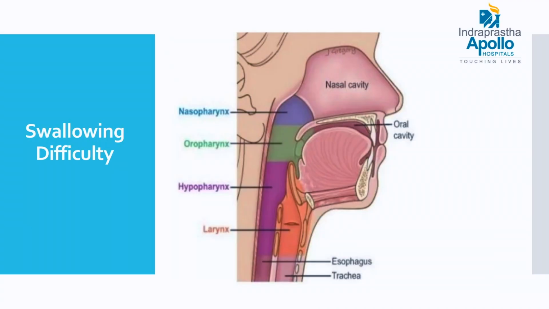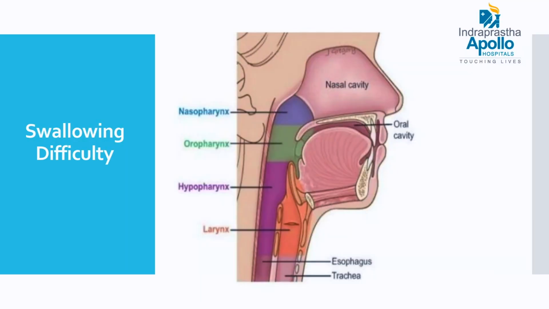Swallowing difficulty is a very common thing that happens with a stroke. The good thing is that swallowing difficulty tends to improve over time. Often paralysis will not improve that much, but swallowing tends to improve. So what happens with a stroke is that